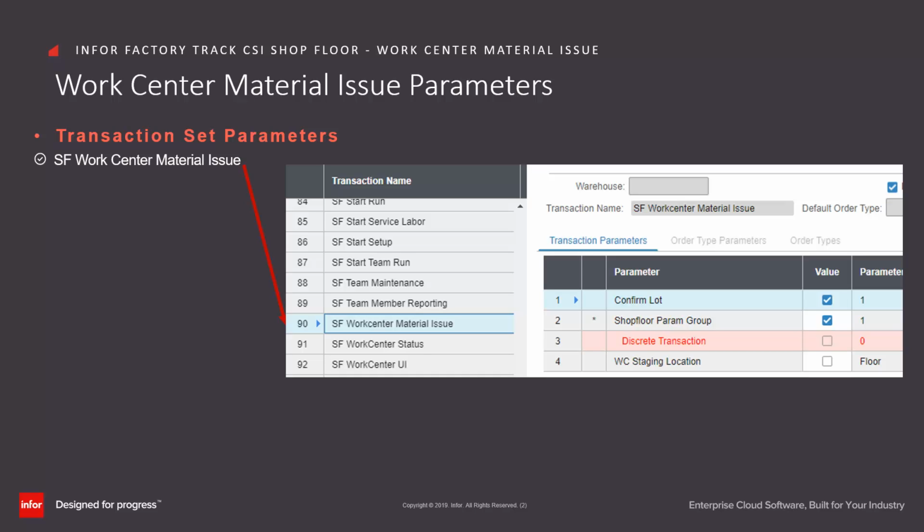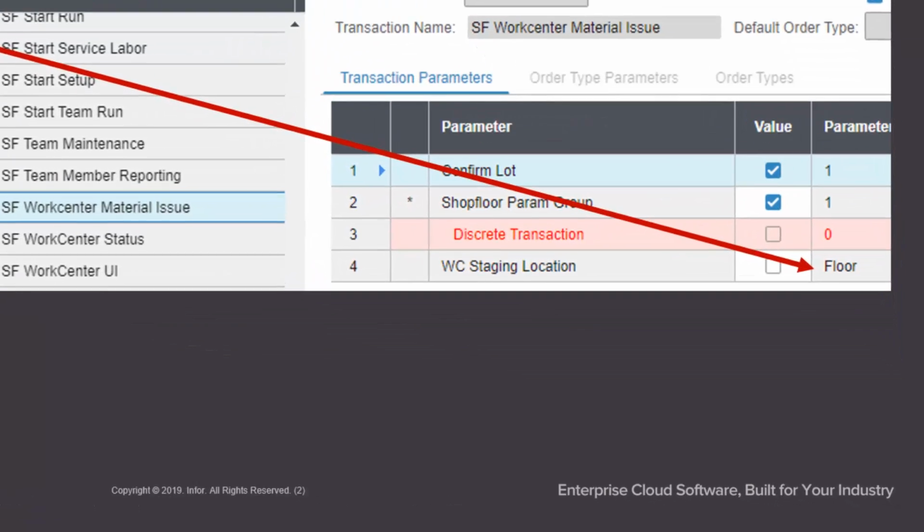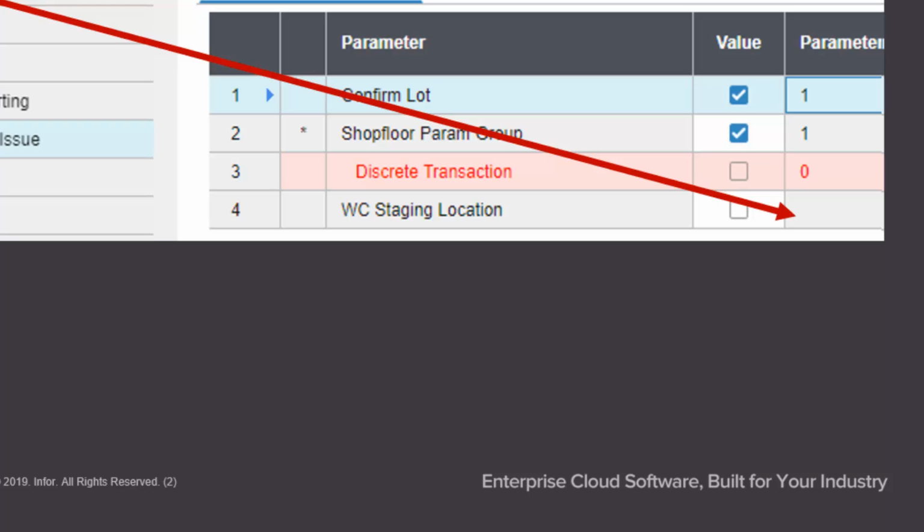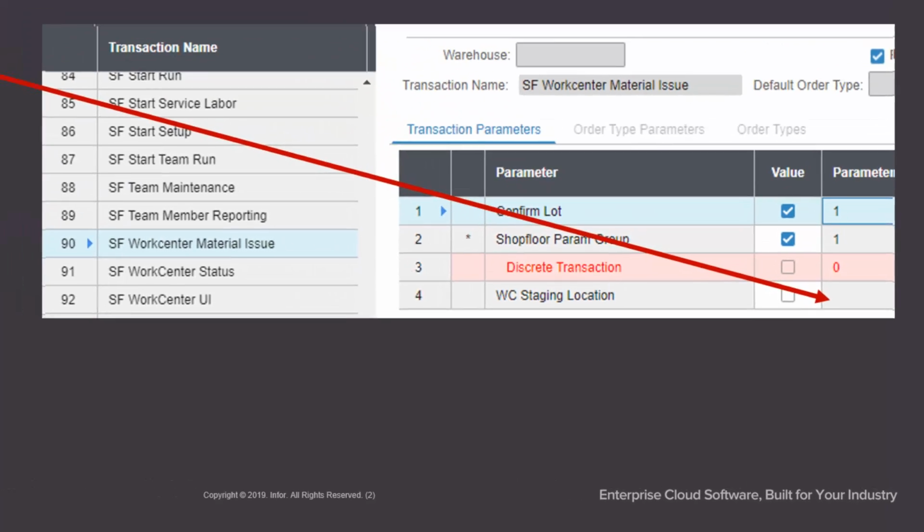Factory Track has several shop floor work centre material issue parameters to control the validations, displayed fields, and processing options that are permitted as part of the work centre material issue process. Note that the work centre staging location is used when a single static location from which materials are moved to the work centre is used and defaults the location. For this training, we've disabled only this parameter. However, the others have been enabled to illustrate how these fields appear and the validations that occur in the transaction